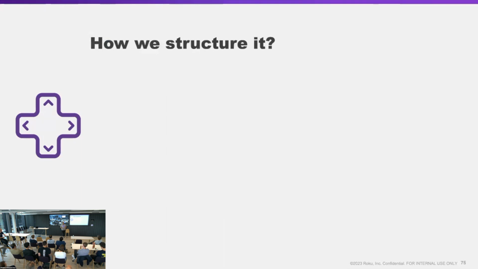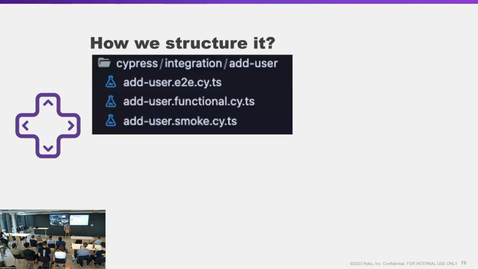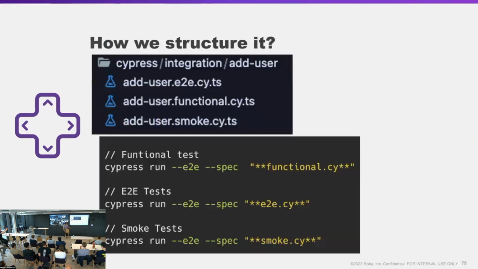For those of you that have used Cypress, you probably think, how do you know if it's a unit test, a functional, or an E2E? We do this by just naming the files differently. It's very simple. We just put the test type on the file. And now you're asking me, how does Cypress know about it? It's also very simple. That's a spec